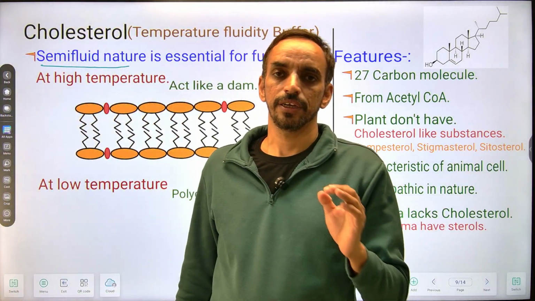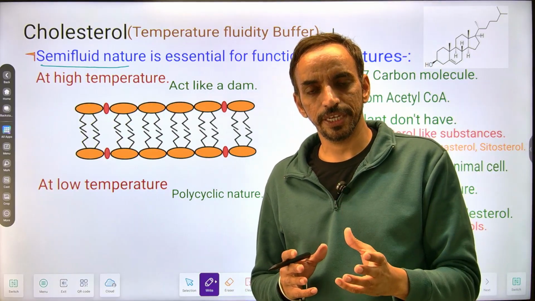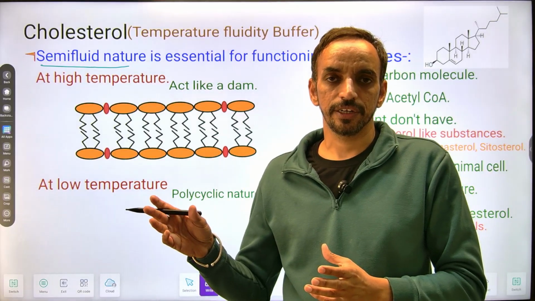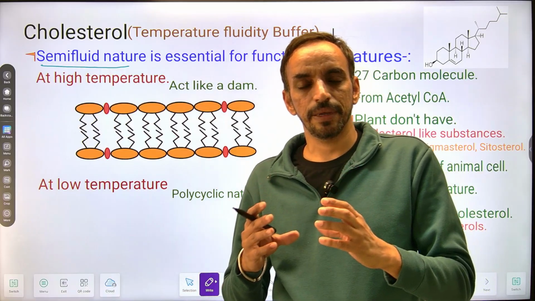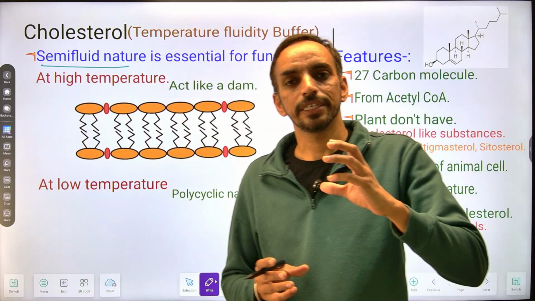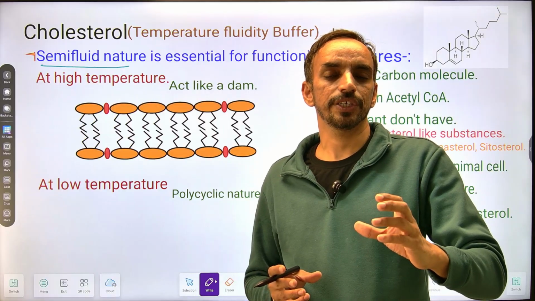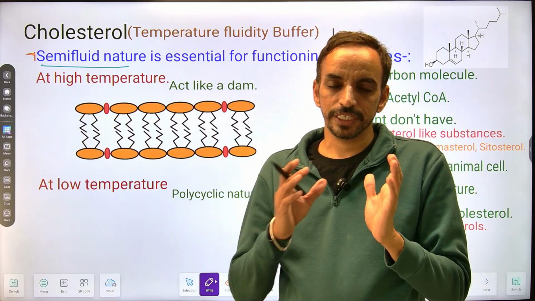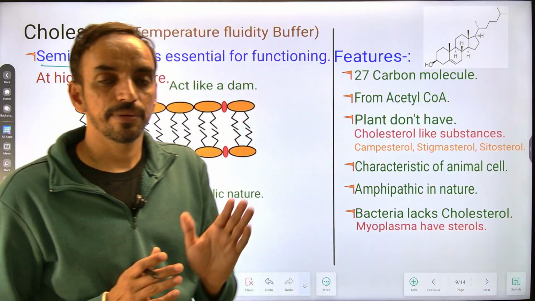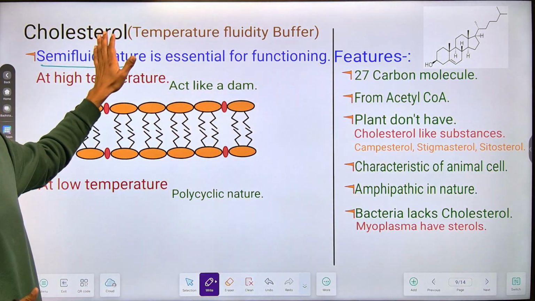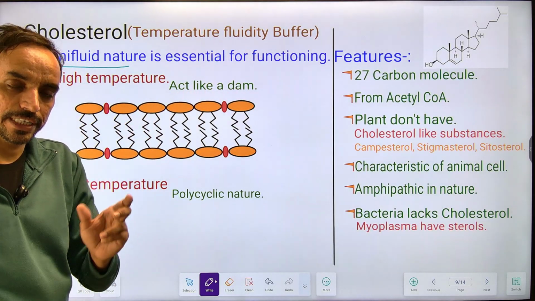Semi-fluid nature means ना तो पूरी की पूरी प्लाज्मा मेम्ब्रेन इस तरीके से हो कि पूरी जम जाए, ना प्लाज्मा मेम्ब्रेन इतनी ज्यादा लिक्विफाइड हो कि वो पूरी की पूरी बिखर जाए। सो एक इंटैक्ट प्लाज्मा मेम्ब्रेन वो है जो सेमी फ्लूइड नेचर में है। दैट इज एसेंशियल फॉर इट्स फंक्शनिंग बिकॉज द मेजर फंक्शन इज द ट्रांसपोर्टेशन। सो एक सेमी फ्लूइड नेचर के अंदर आपको प्लाज्मा मेम्ब्रेन को बनाकर रखना है, एंड द मेजर रोल इट इज प्लेड बाय द कोलेस्ट्रॉल व्हिच विल एक्ट एज ए टेम्परेचर फ्लूइडिटी बफर।